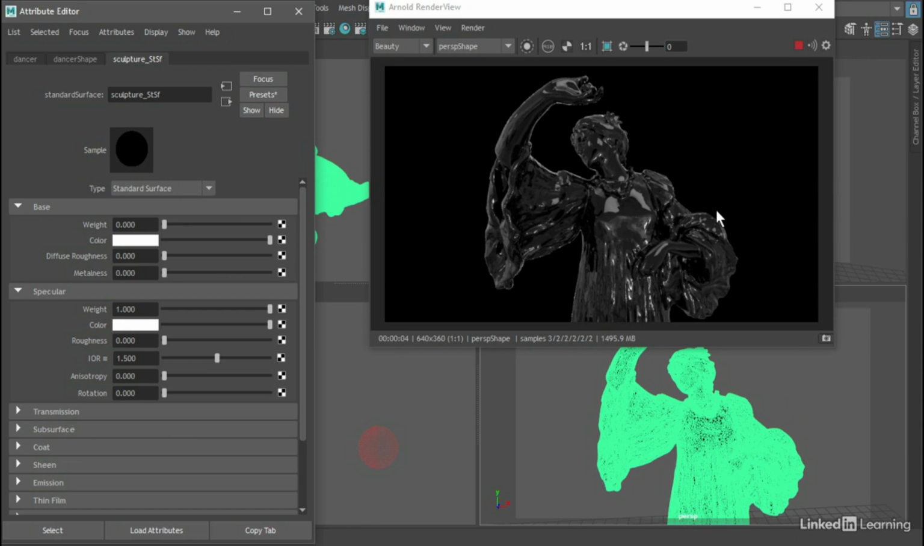Currently, we're not really getting a mirror reflection. We're not seeing the full brightness of the reflected environment here. We'll talk about how to achieve that with metalness in another movie. For now, I also want to talk about the diffuse roughness, because that can be a little bit confusing since